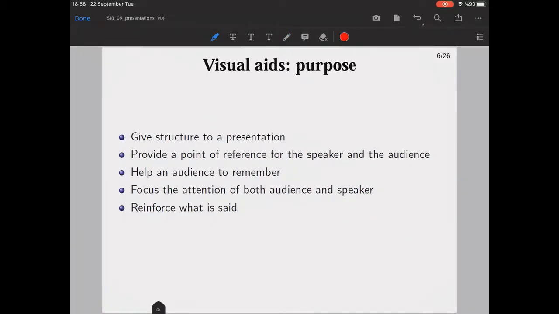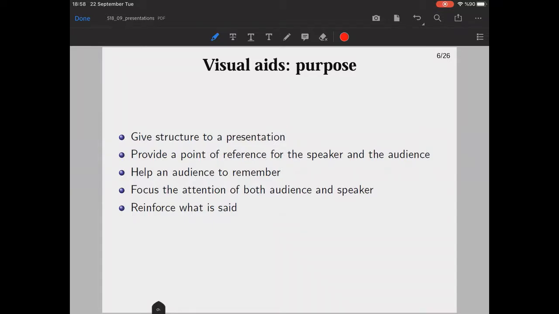The purpose of visual aids is important. Why are you doing this? To give structure to a presentation, or to provide a point of reference for the speaker and the audience. We often do that. And to help an audience to remember,